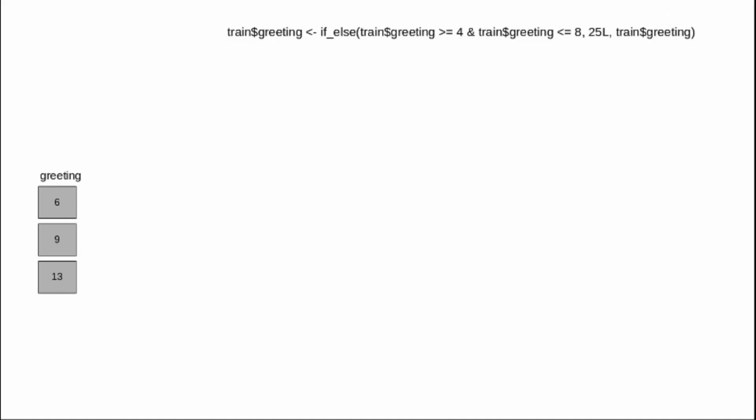Now let's see the function. I am using the ifelse function, and if you run this, first it checks the condition. Greeting is a column and it checks the condition greater than or equal to 4. If you observe here, 6 is greater than 4, that means it is true.